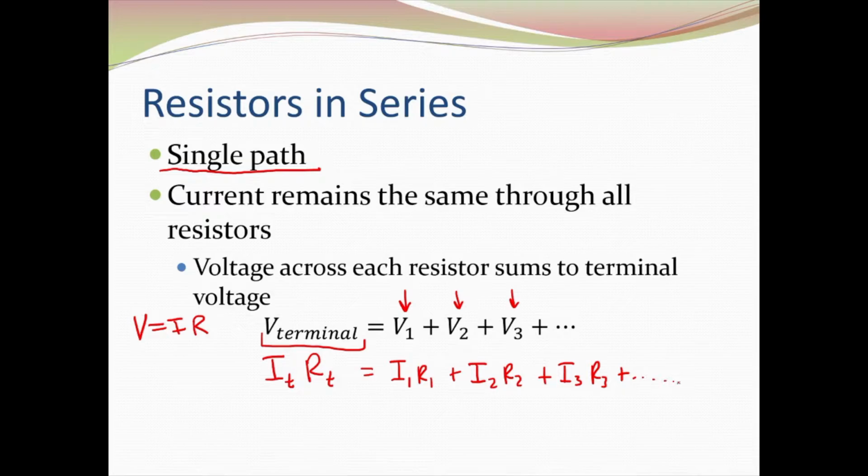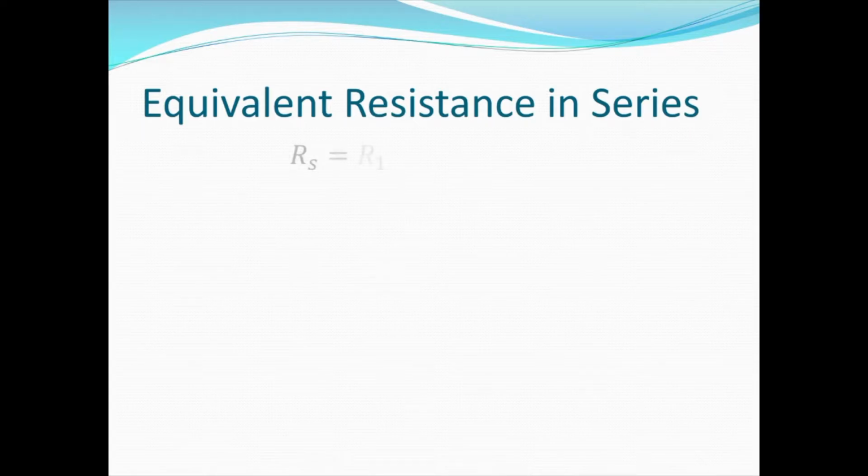Now, because there's only one path, the current has to be the same throughout that path. So the current in resistor 1 has to be the same as the current in resistor 2, which is the same as the current in resistor 3. So mathematically, because all of these currents are the same, we can just divide them out. The currents all divide out, and we are left with the total resistance being equal to the sum of all the resistances added together. So this leads us to the following simplified equation, where the equivalent resistance in series is as follows. Total resistance in series,